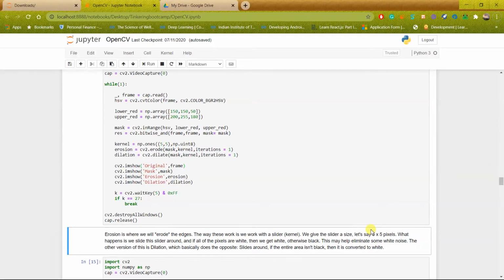But if even one pixel, or a few pixels, are black, then the whole slider is blackened out, all 25 pixels inside that slider at that point of time. So that is a way of removing the false positives.